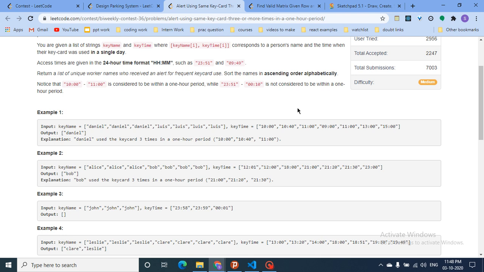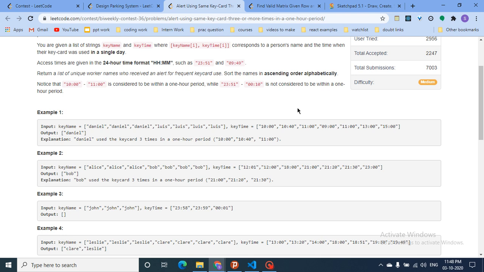So what you can do, for every value, is go 2 places down the line. If you are checking for index 1, you will check for index 3. So if the time at index 3 minus the time at index 1 is less than or equal to 60, which means you are iterating over this array from 0 till the size of the array.